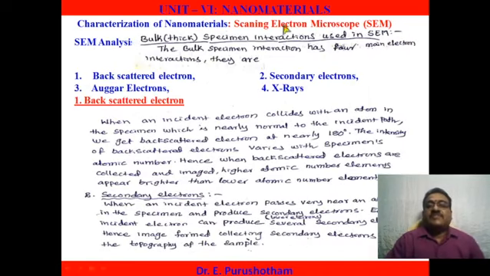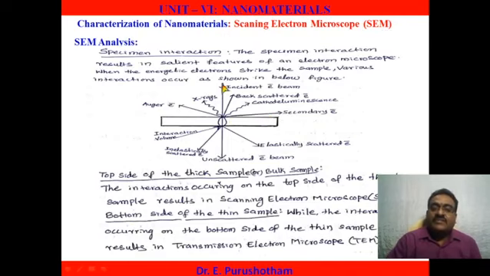So in this specimen interaction, there are four main electrons. Number one is backscattered electrons, then secondary electrons, Auger electrons and X-rays. So simply we can explain here, the electron beam is incident on the sample, so it can move in the same direction at 180 degrees. This is the reflected electrons. In the same way, the electron is incident on the sample and scattered back nearer to 180 degrees. These electrons are called back reflected or scattered electrons.